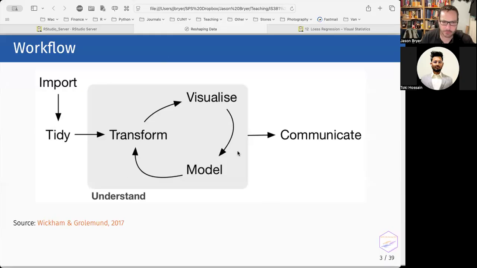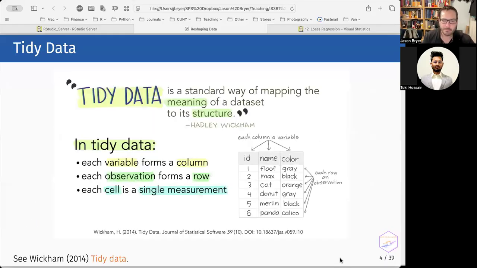But like this gray box, right? That's where we want to spend a lot of our time. And it's going to be an iterative process as we try to understand our data, understand the world, or whatever we're interested in. Now, to begin, for pretty much everything we're going to do in terms of modeling, we're going to do inferential statistics in this course and predictive modeling in the next course. All of these statistical methods require data to be in what Hadley termed tidy data,